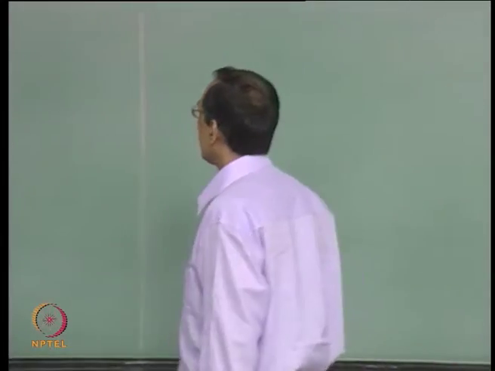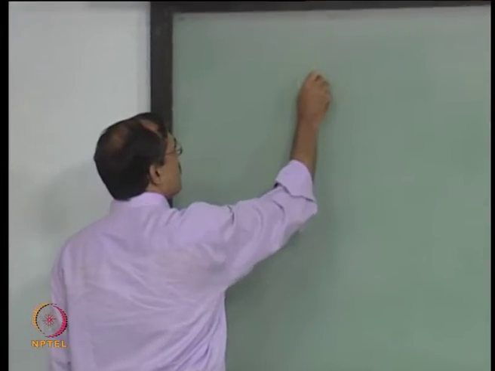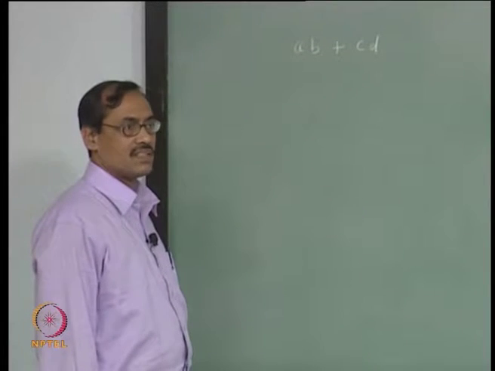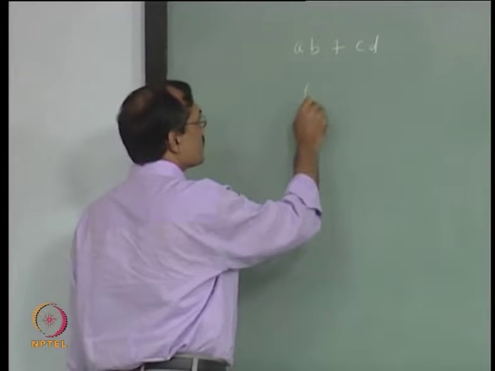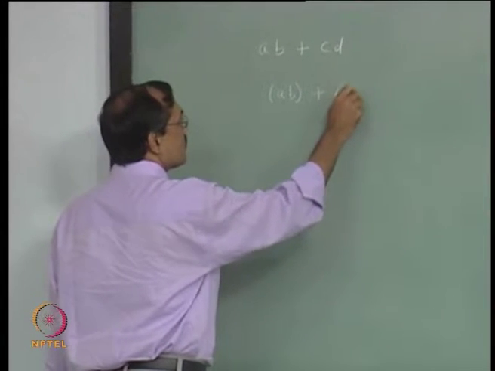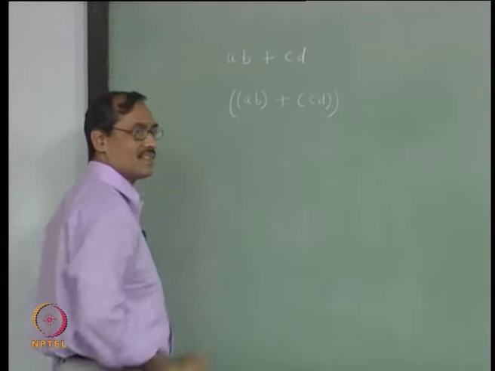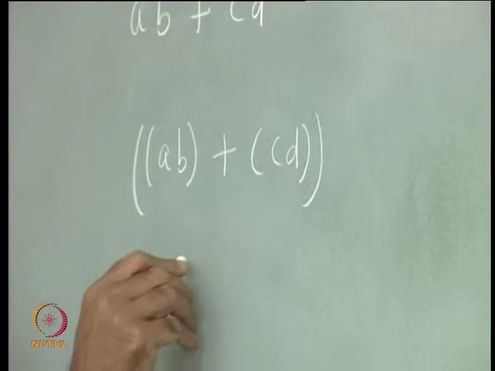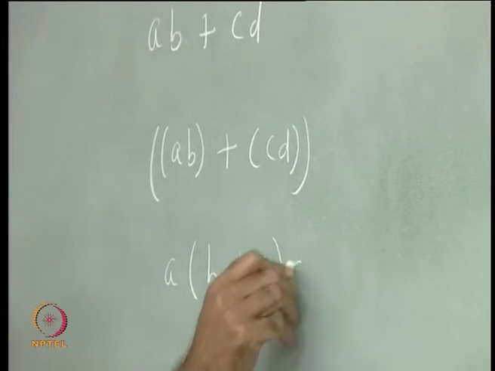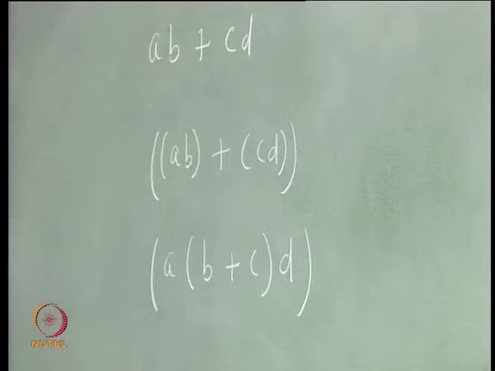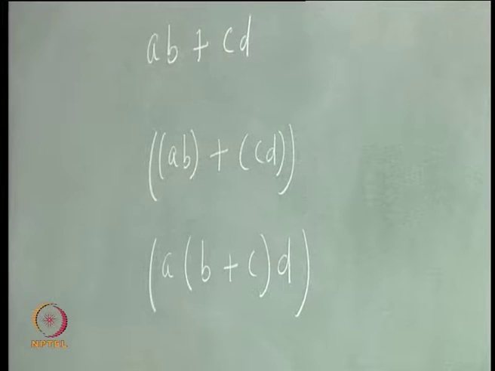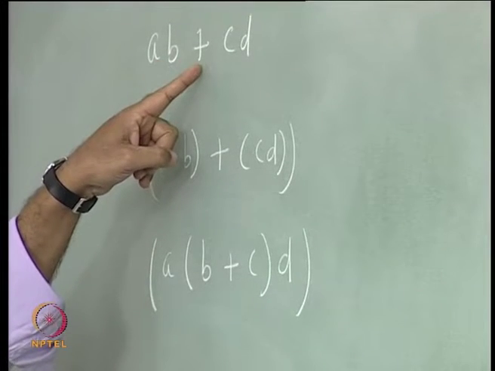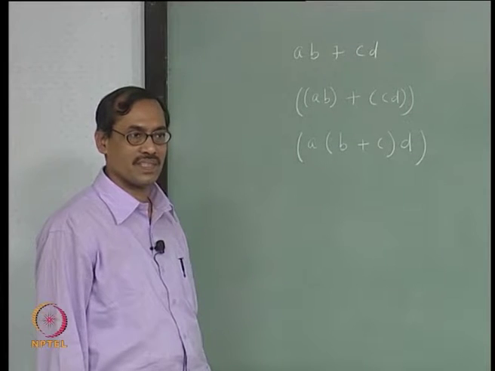Suppose you write say a b plus c d in usual mathematics, then you would think it as this, right. If you put the parenthesis, it would look like this, but certainly not as, right, not like this. It is because multiplication has higher precedence than the addition. So, this is what we mean by higher and lower precedence.